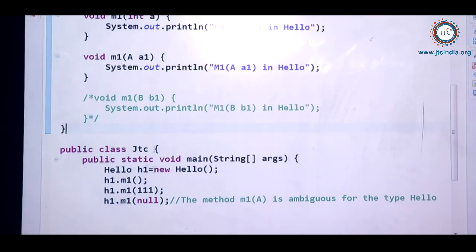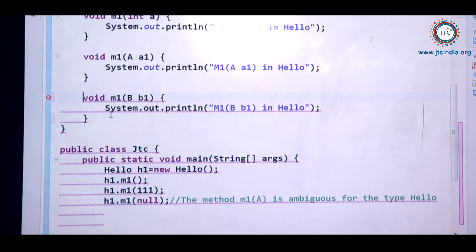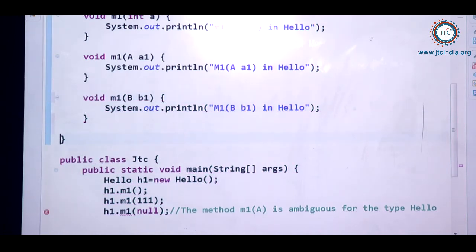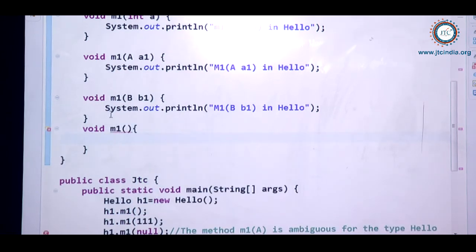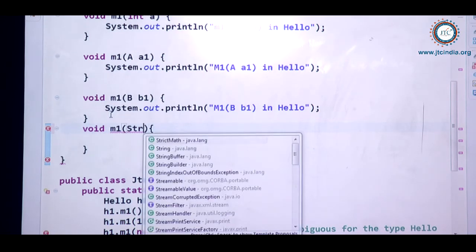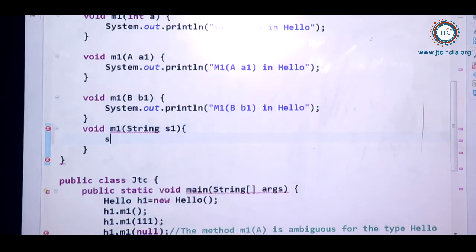But at the same time now, when we remove this comment, here again I'll write one more method, overloaded with one more parameter. What is the method parameter I'm going to overload here? I'm writing String s1.